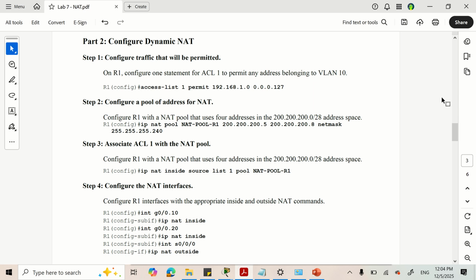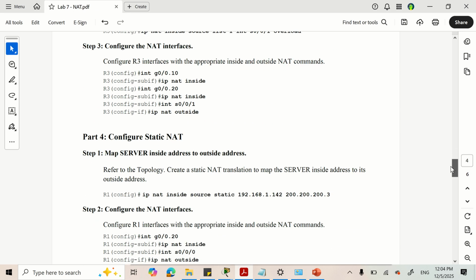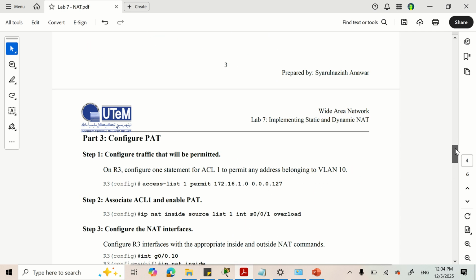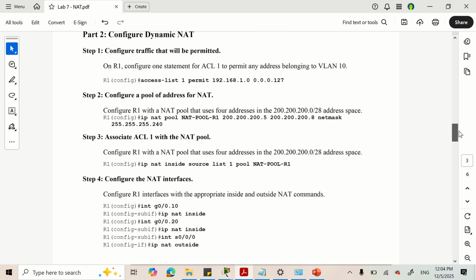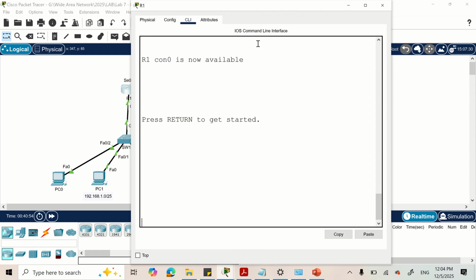Hi, in this video I will show you how to configure three types of address translation: dynamic NAT, port address translation, and also static NAT. I have mentioned which network needs to be translated using which type of NAT. First, I will configure dynamic NAT